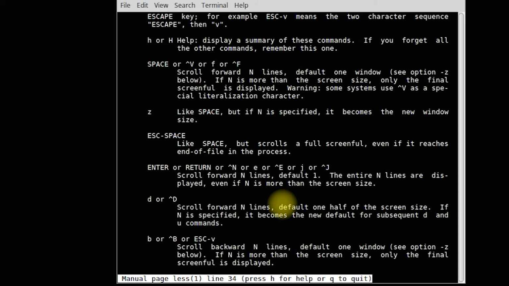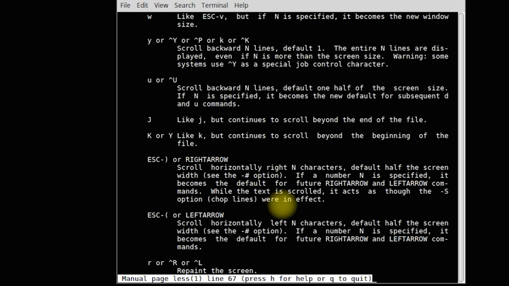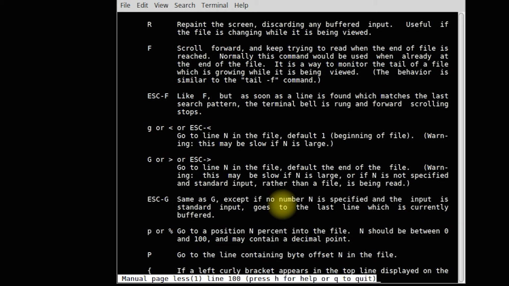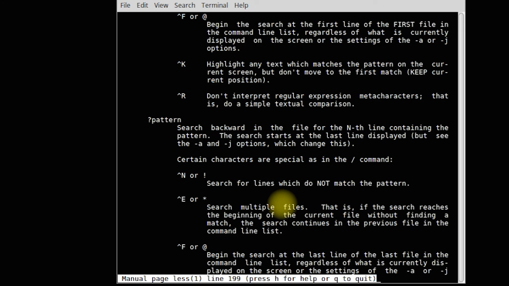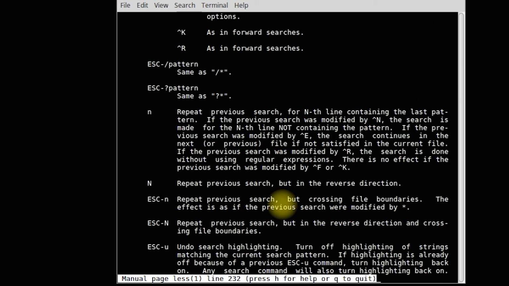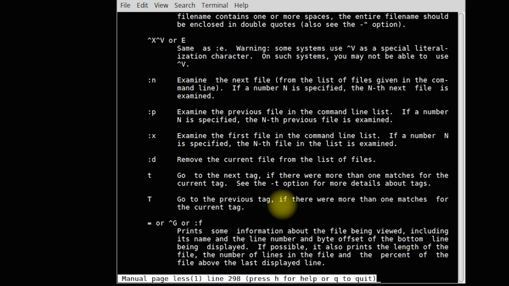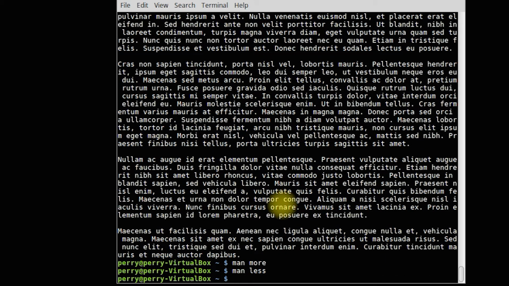I told you you've got W and Z that can be used to page forward, and you can read this and find all kinds of other things. By the way, page up and page down also work in addition to W and Z. So why not say those? Well, you may not have a handy page up or page down on some keyboards, or they might be function keys or whatever. It might be less convenient on a laptop, but it just depends upon the nature of the device that you have. But anyway, I'm going to hit Q to quit from that,